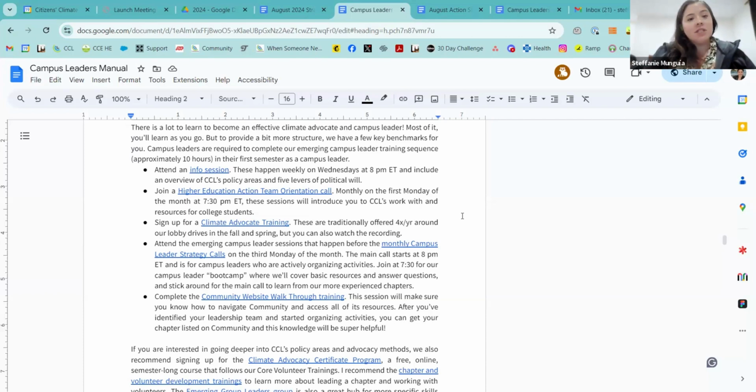Things like how we describe our mission and values to people who are new to us and learning about us. Things like how we invite people into the conversation, even on a Zoom call. How do we make sure that this is more of a dialogue as opposed to just a lecture? So that'll be your first assignment. Those are typically live on Wednesdays at 8 p.m. Eastern Time. We'll get signed up for that in just a moment.